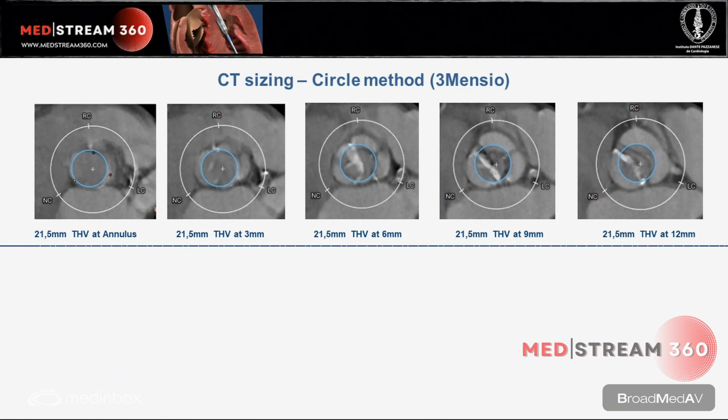Before going that, is there any strong evidence to treat bicuspid valve with TAVR? Can you answer this, Dimitri? Yeah. That's a very important question. I mean, there is no randomized data yet comparing the clinical results between tricuspid and bicuspid, but we have large